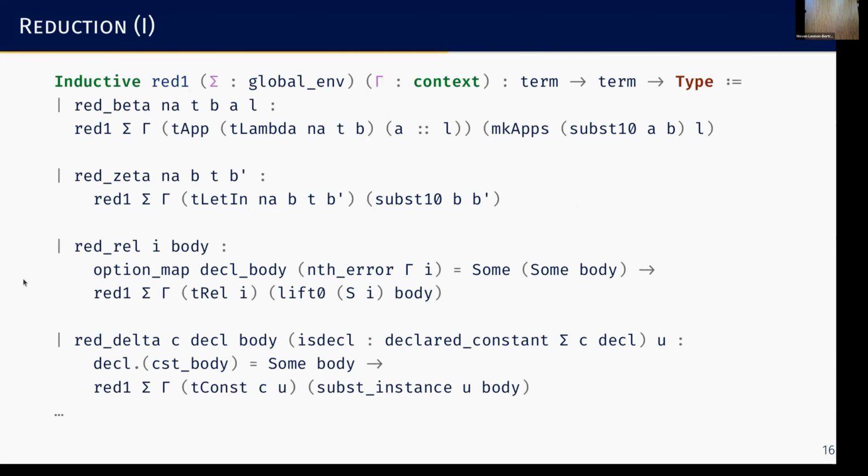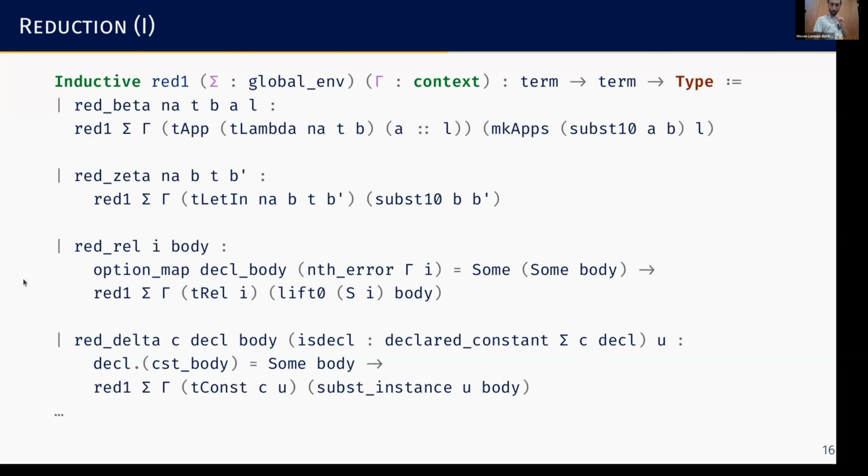So, for instance, application of a lambda abstraction reduces to a substitution in the right thing. You can reduce let-binders, again, to a substitution. If you have a variable which corresponds to something that is defined in the context, then you can also reduce the variable to the body of the definition. And you can do the same for global definitions. So if you have a constant that's defined to be some body, then you can also obtain the substituted body